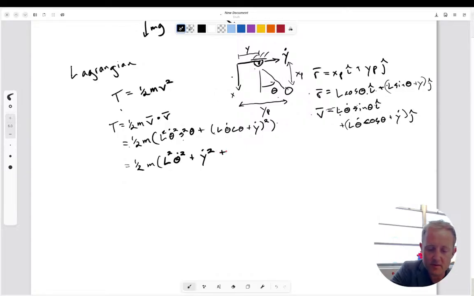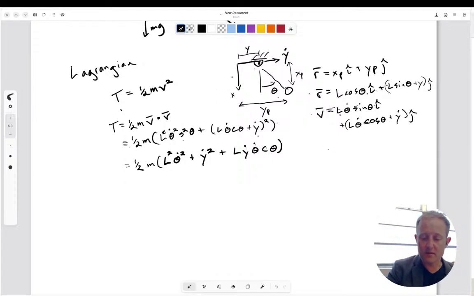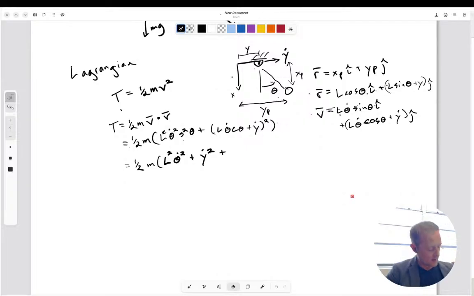But then there's also one more kind of linking factor between the two. So L y dot theta dot times that cosine theta. So our kinetic energy, we used some vectors to kind of get it, but at the end of the day,